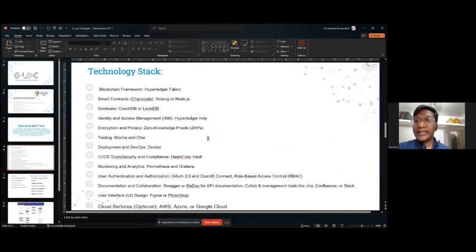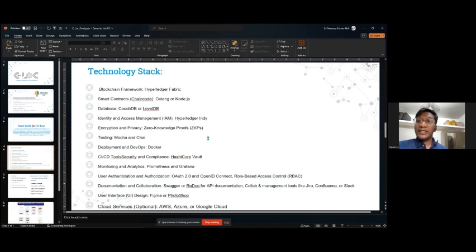Now I'm going to talk about the topic, technology stack. Here, as per my leader's suggestion, we are using the blockchain technology Hyperledger Fabric. We had two choices, either Ethereum or Corda, but we chose Hyperledger because of its simplicity and flexibility, and also it's open source. For chaincode, we could use Golang or Node.js, but we decided to use Java because we are going for an app-based application, so we are using JavaScript or Java.